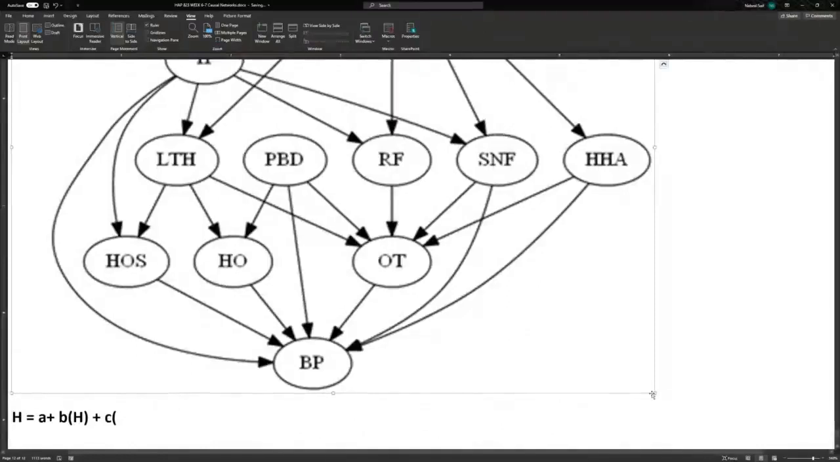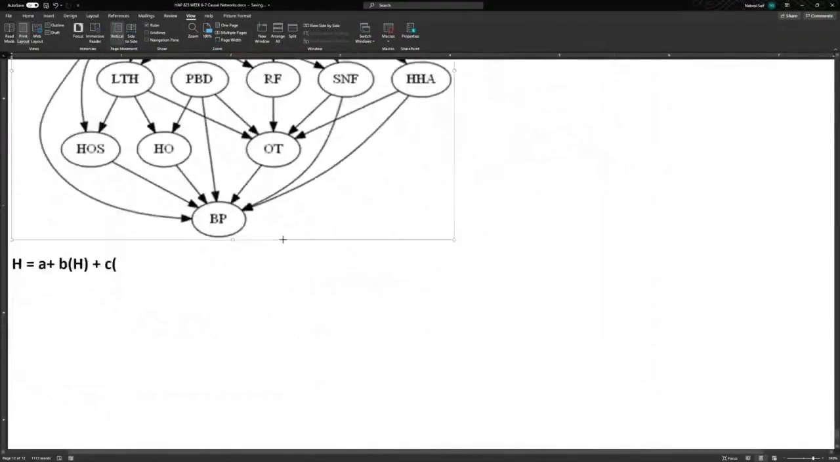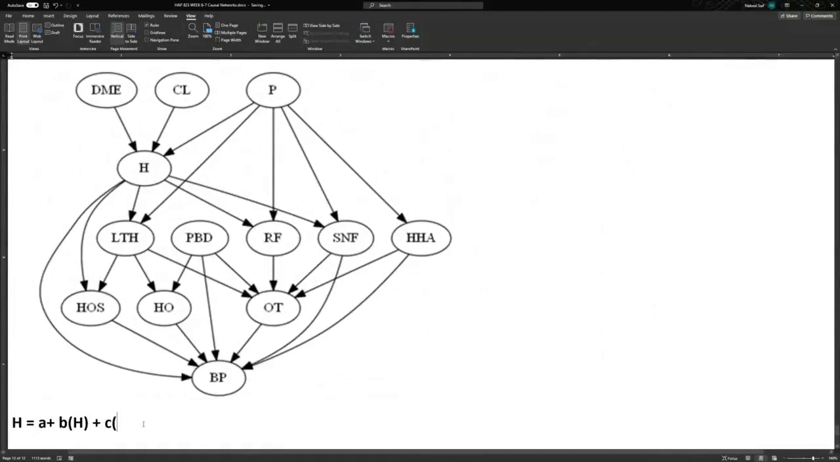Okay, all right. Even smaller than that. We don't need it that big. Yeah, that's fine. So H equals A plus BH plus C. Oh, there is no H. H equals B CL times CL, okay, plus C times what? DME. Yes. Plus,